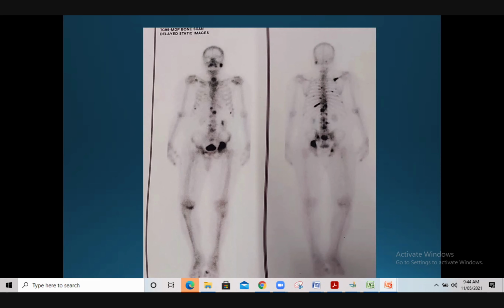is he 60 years old, Prasanna? 85, ma'am. 85 years. So at 85, do you do definitive management? No, even if he was organ confined? No. Palliative intent, we are not planning for any definitive management, even if he was organ confined. His age is not in his favor for any radical management of his local disease. Plus it is T4, so there are very limited options of any curative intention.